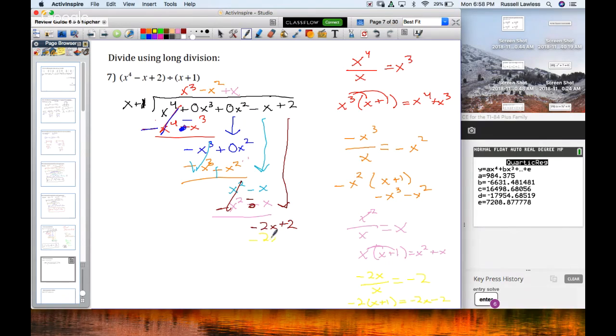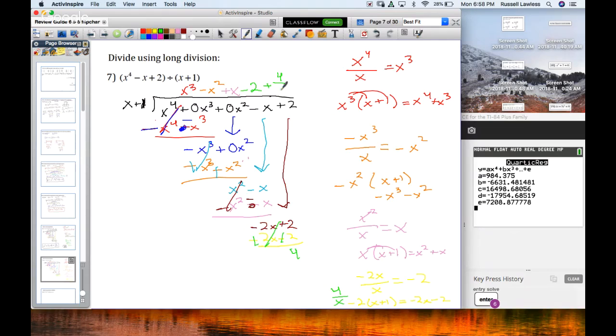Plug that guy in and change the signs. Notice that when we change the signs, that becomes a positive. That becomes a positive. Everything cancels. Well, that doesn't cancel. That'll add up to 4. And so, again, this is a positive 4. Does 4 divide into x? No, it does not. I did it again. I forgot to bring in that negative 2. 4 does not. And so what we're going to do is add our remainder, which is going to be 4